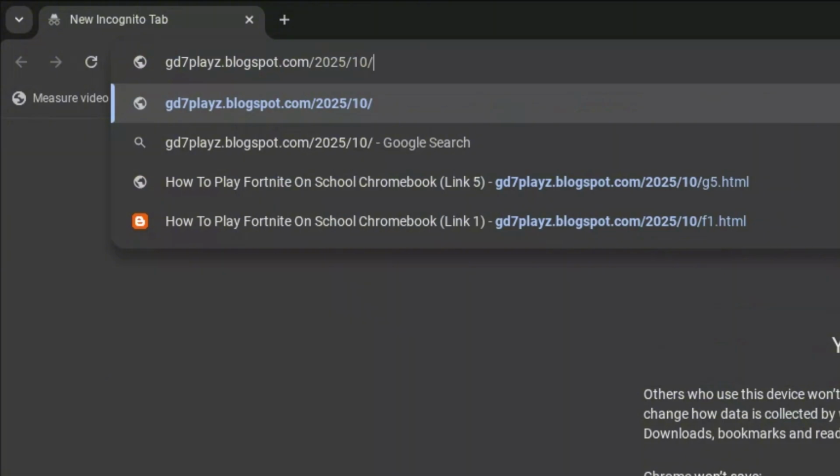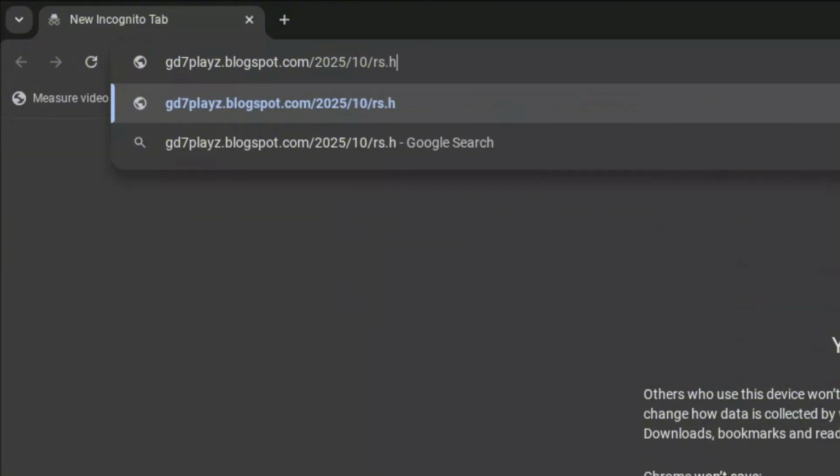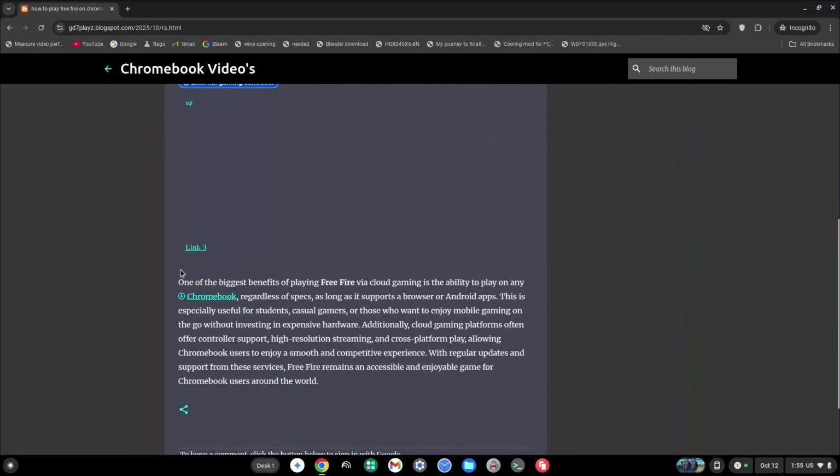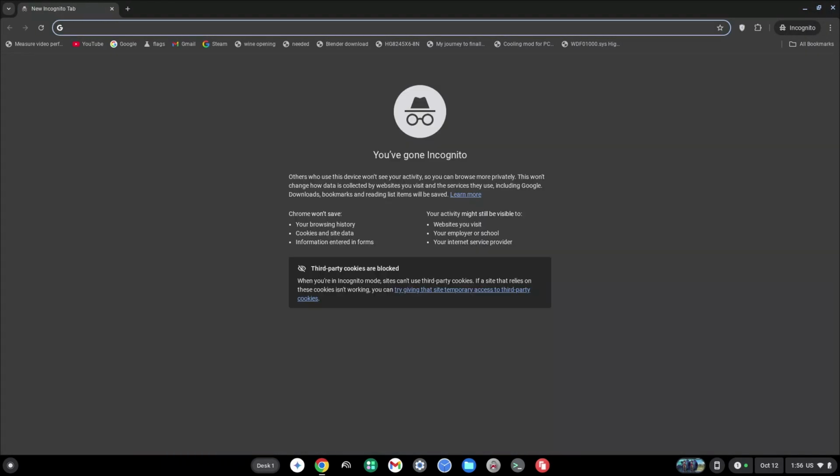gd7plays.blogspot.com/2025/10, another forward slash, and this time around you want to type in rs.html and hit enter again. Now, once you're here again, go ahead and try out link 3 and let me know if this also works for you. Now, the fourth link to try out is